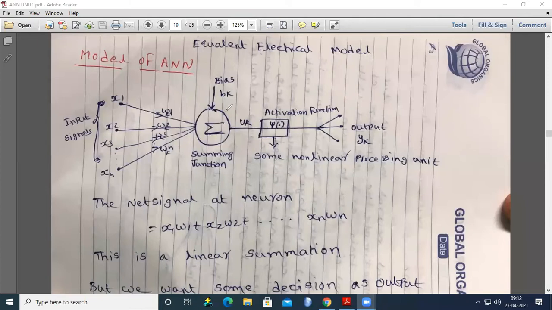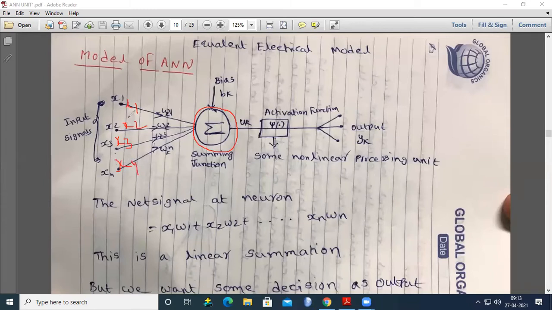Here, this is the node. Here, the sigma is a summation of all the inputs. That means from the external environment, our mind is going to take the input. Similarly, here you are going to give the signals to the node. This node is called a summing junction. So the summing junction accepts the inputs x1, x2, x3, x4.